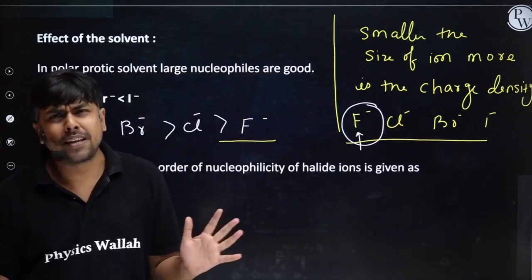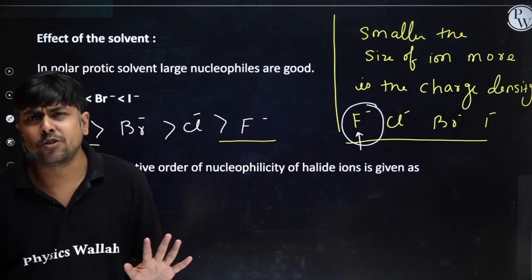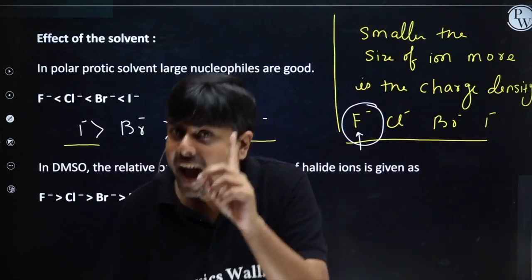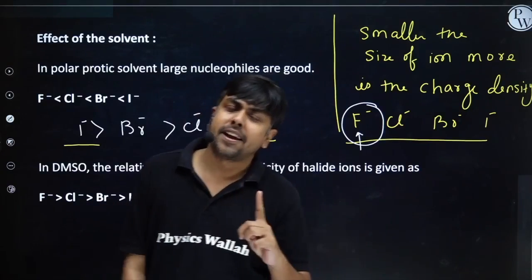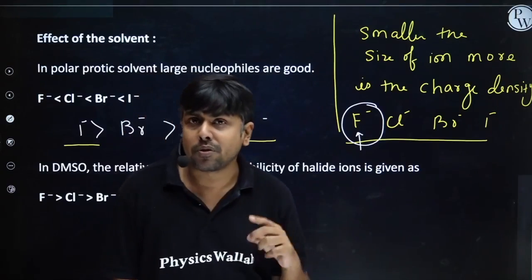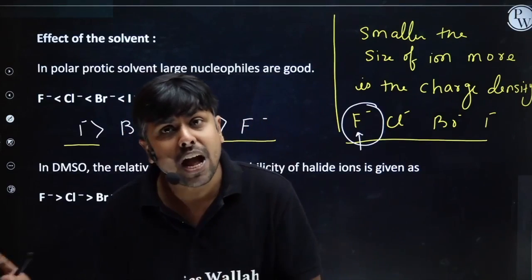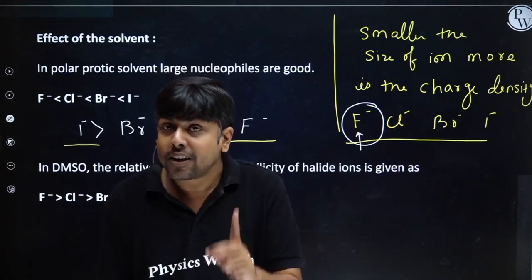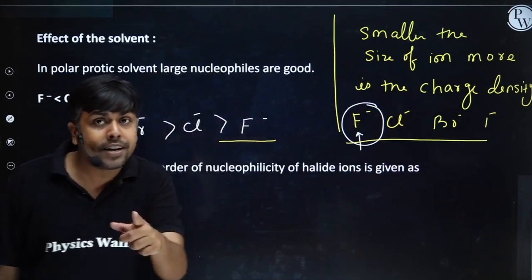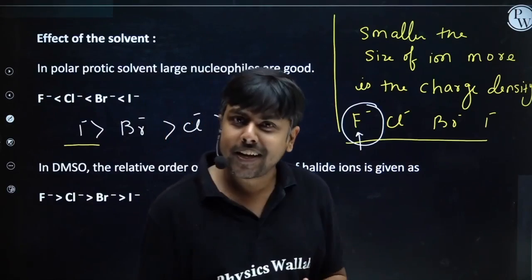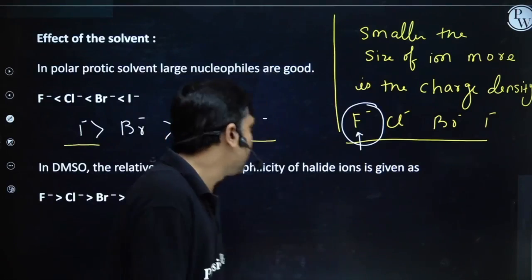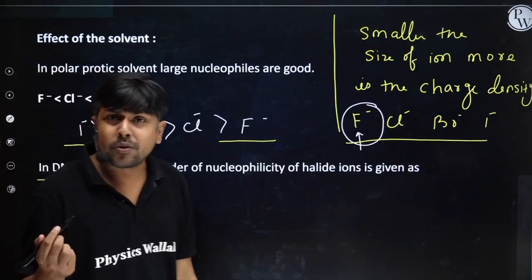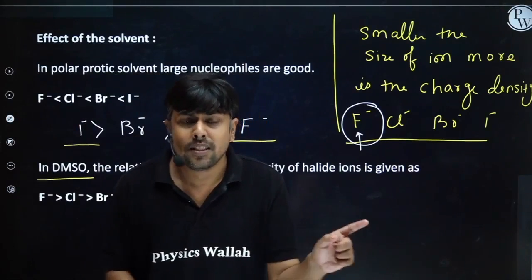If I talk about basic strength, it does not depend on it. Basic strength simply depends on charge density. Higher is the charge density, better is the basic strength. So which one will be a better base, F minus or I minus? F minus is a better base. Which one is a better nucleophile in case of polar protic solvent? I minus is a better nucleophile. Am I clear? Now, if I talk about polar aprotic solvent like DMSO,